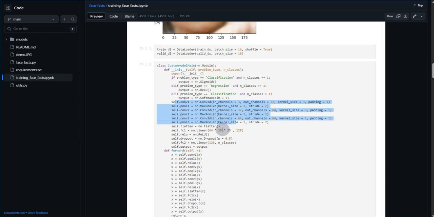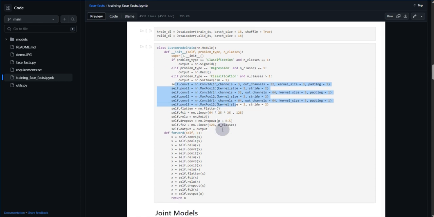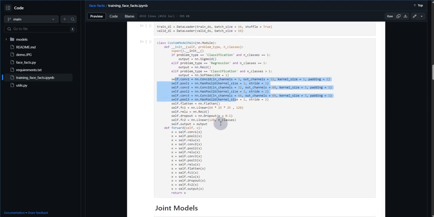I did some playing around, and I found out that there's not much advantage to changing the architecture depending on the task. So here for classification with one class, we're using sigmoid. This is for the gender classification. Regression here is for the age, and classification with more than one class, we use softmax,